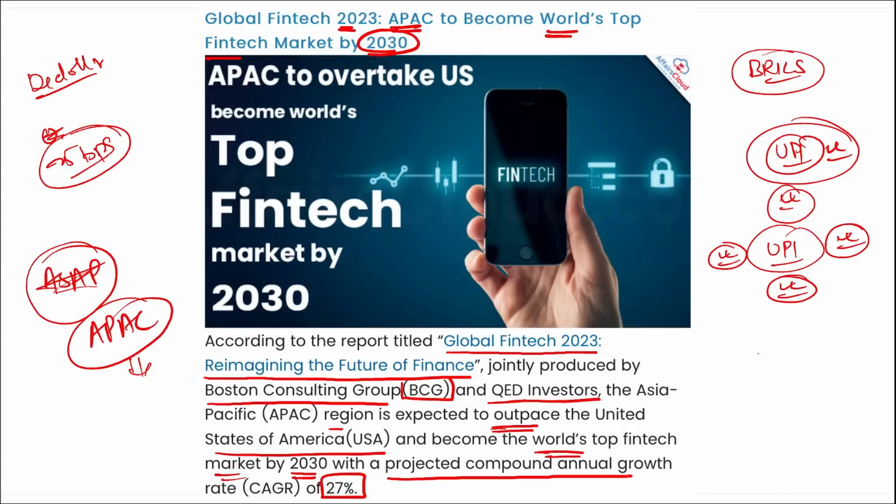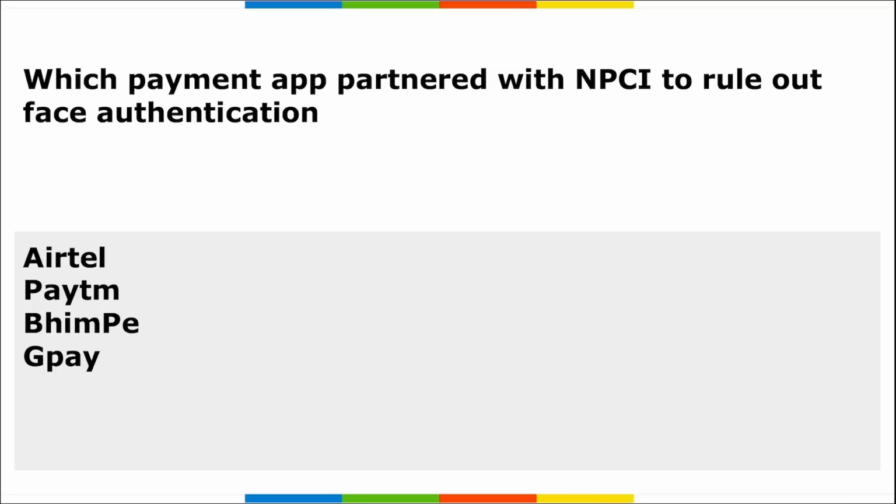Correct? Important, and definitely you should know about this. Next, which payment app partnered with NPCI to roll out face authentication? Remember, recently it was Airtel Payments Bank that collaborated with NPCI, the National Payments Corporation of India, to roll out face authentication for the Aadhaar enabled payment system. Through this launch, Airtel Payments Bank became the first bank to offer face authentication for the Aadhaar enabled payment system